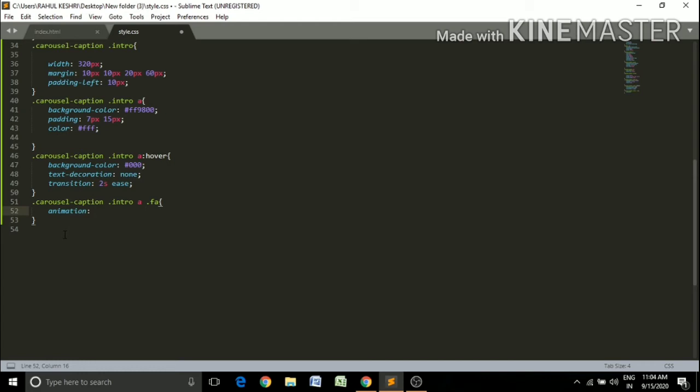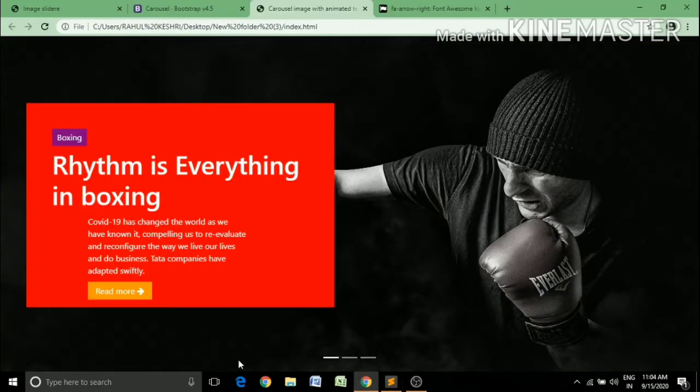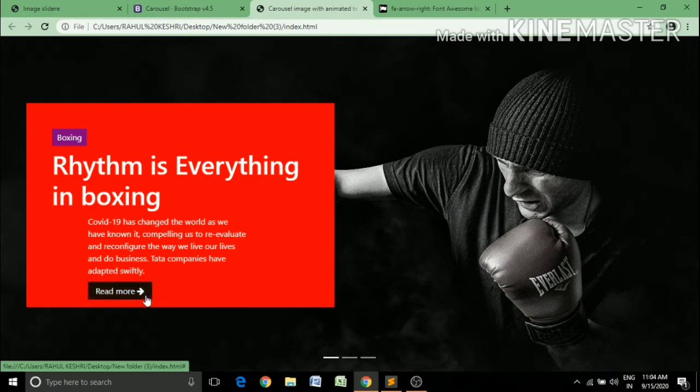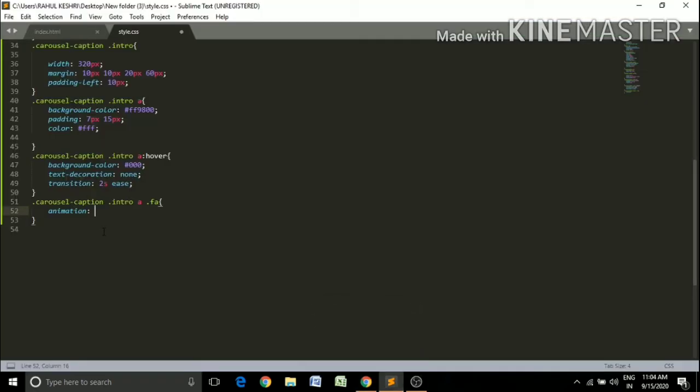How can we create an animation? In whichever part you want to create an animation, for example if you want this icon to translate in the x-axis, just copy this class name and inside it, by using CSS properties, give the animation name.